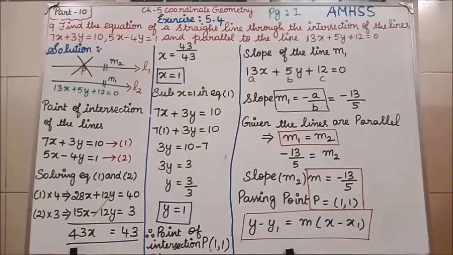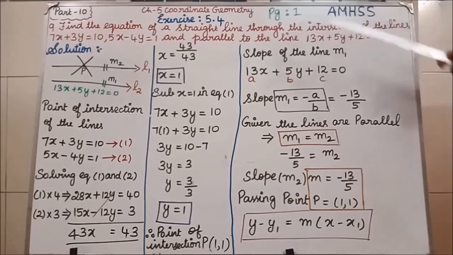Now you see students, here one slope, one point. One slope, one point formula is what? From the 6th problem, 6th, 7th, 8th, 9th, 10th, 11th, all the questions we will use the one slope, one point formula. Clear? y minus y1 equal to m into x minus x1. That is our formula.